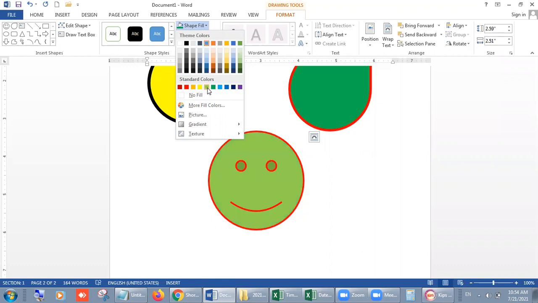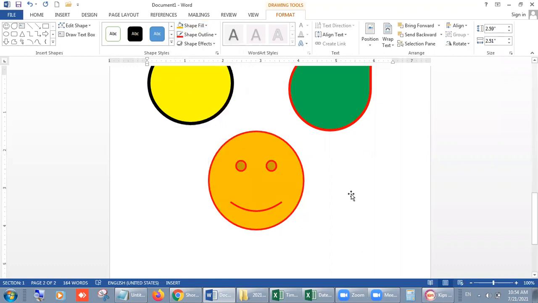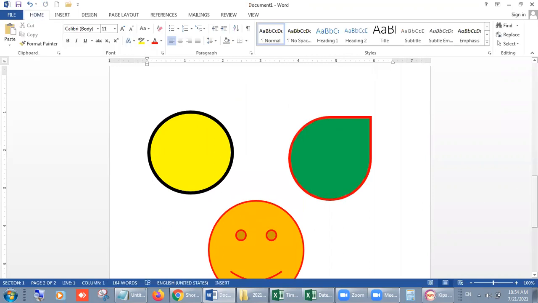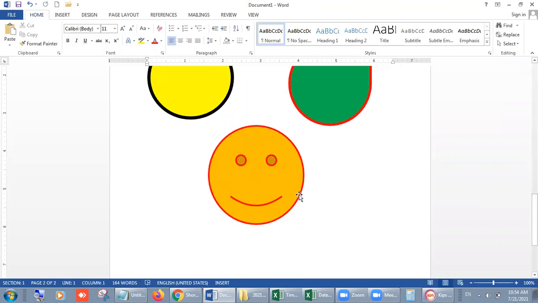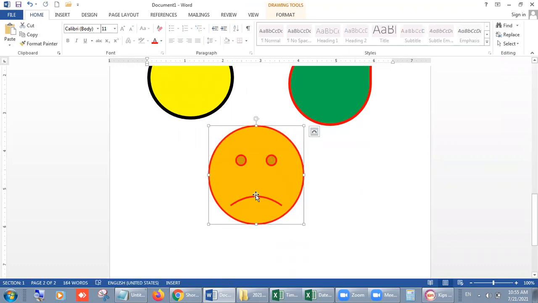Any color, look, any color you can use, right? In this way, you can do this. When you click on any shape, and if you get this symbol, then you can change.